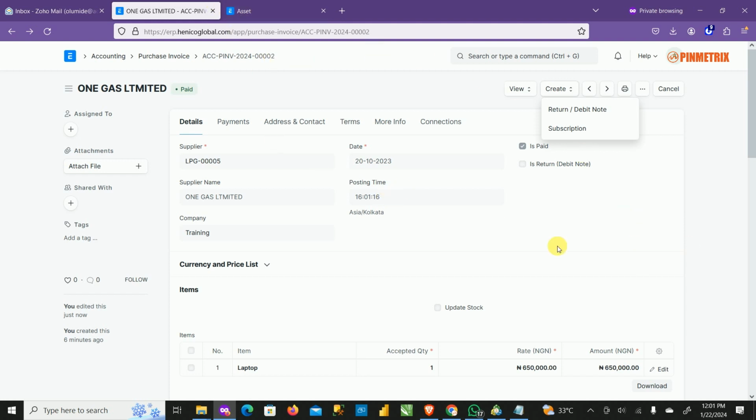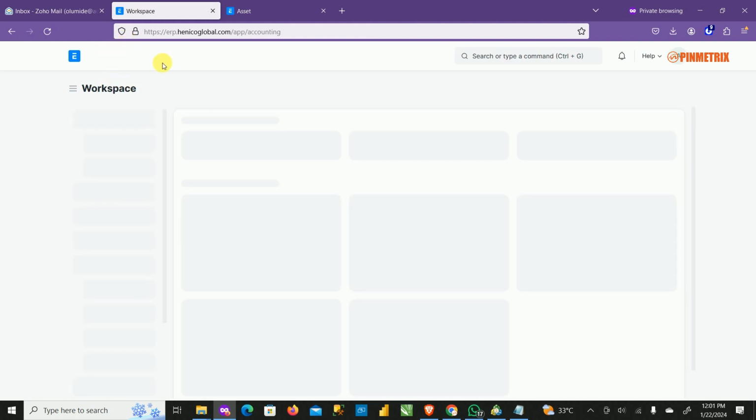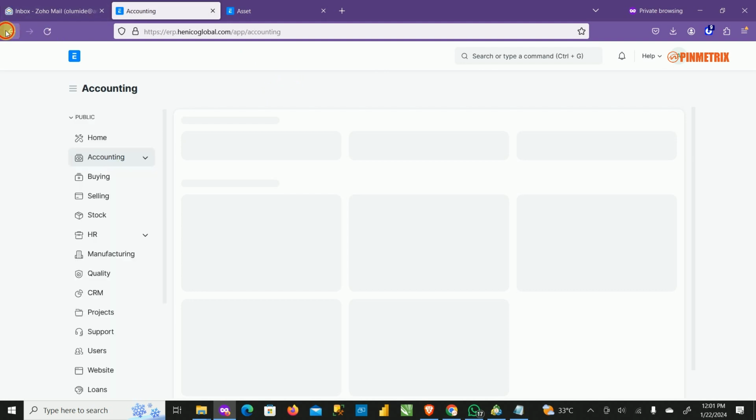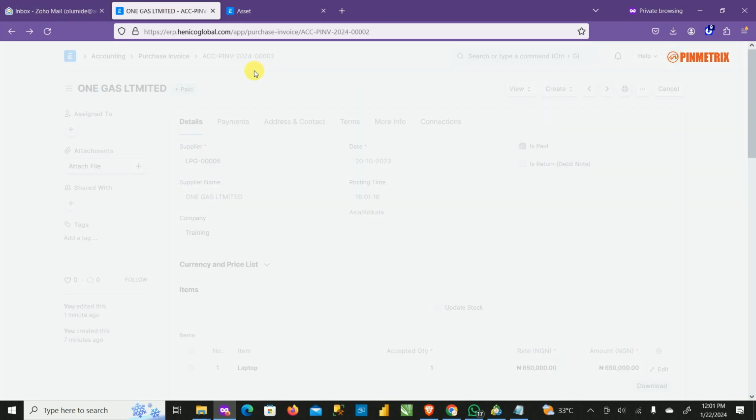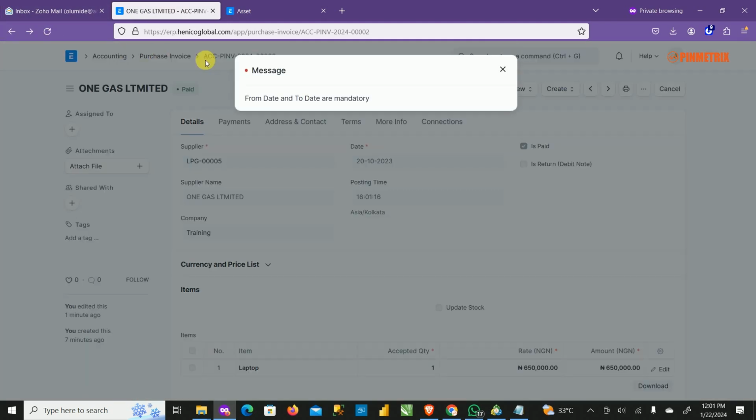Now let's go back to the other aspect. You still remember what we are trying to do is to capture purchase of an asset. So let's still go on with that. So I'm going to create an asset. I'm going to create another